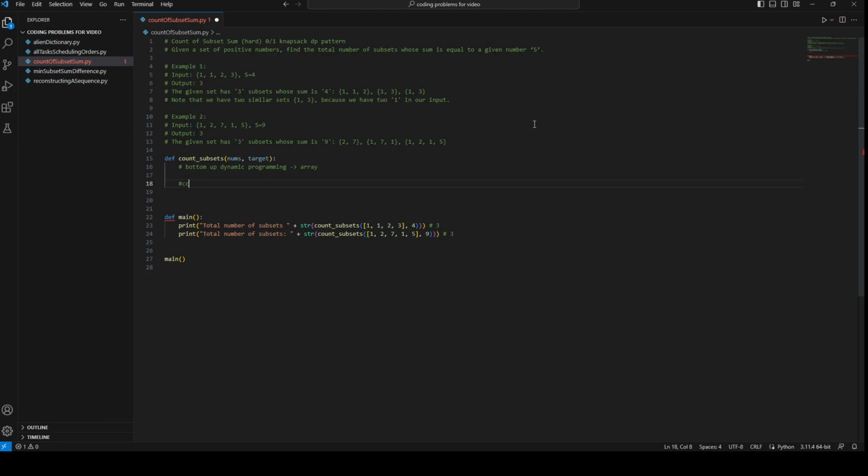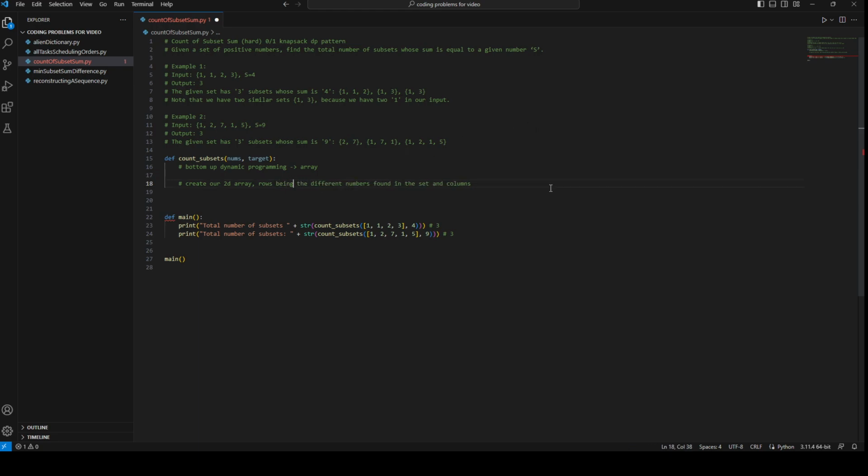So we're going to create our 2D array, rows constituting the different numbers found in the set, and columns